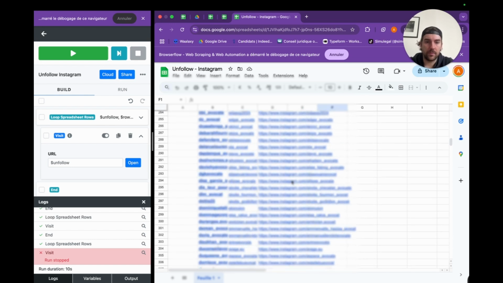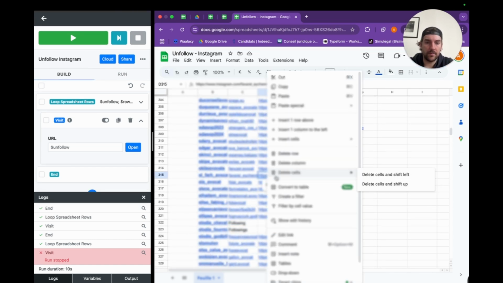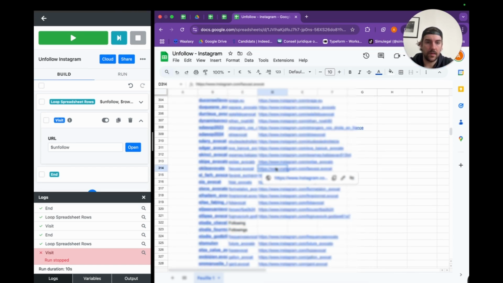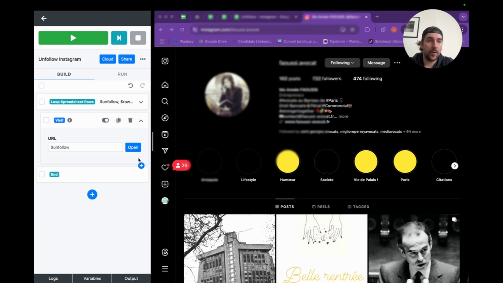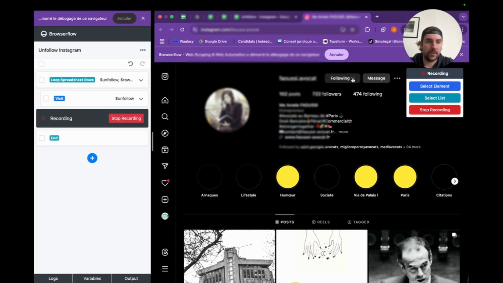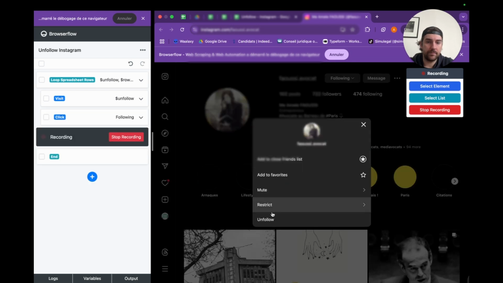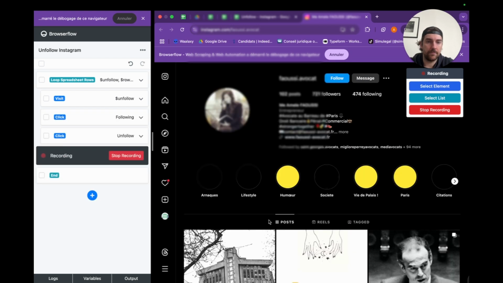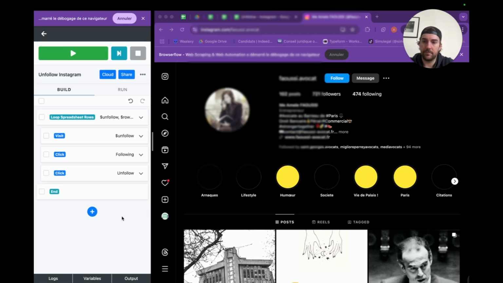Now what we're going to do is select a random URL, and use it as an example to show what we want Browserflow to do. So click on this button, stop recording, we're going to click on following, unfollow, and stop recording.